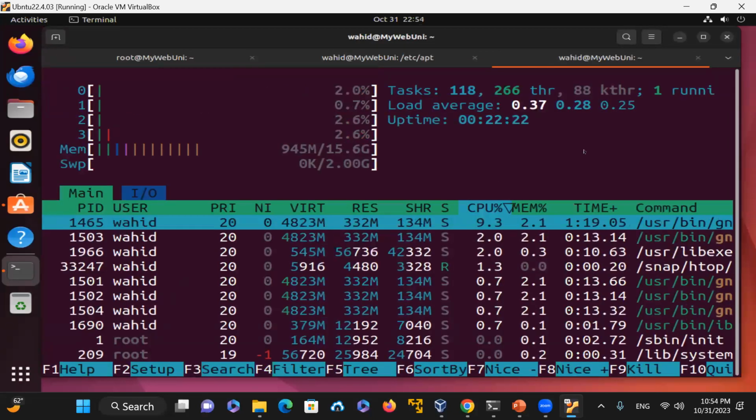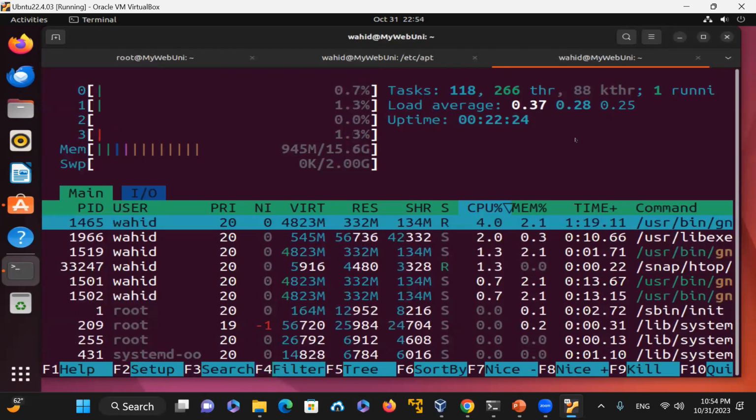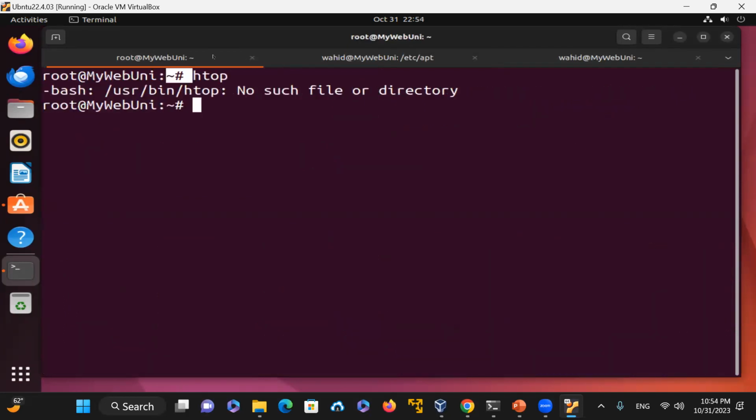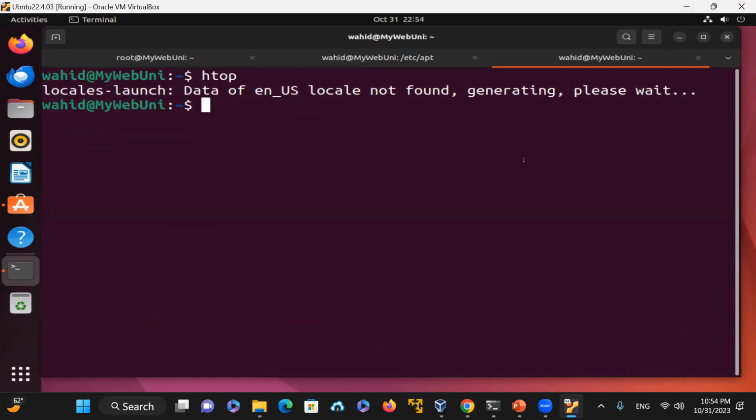So you want to run it as a regular user, because that one was requiring a graphical interface for the GUI. Echo $DISPLAY here is not set, and then here echo $DISPLAY is set, and that's why the htop